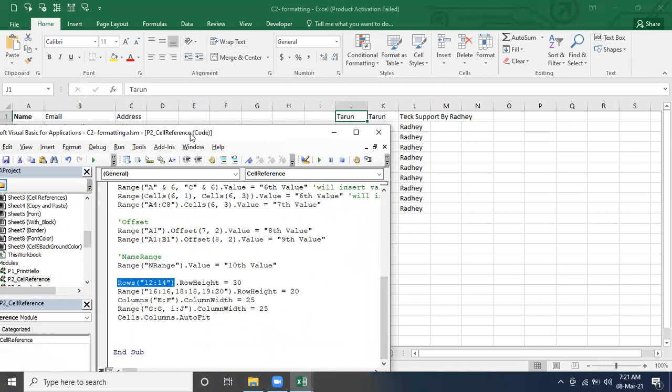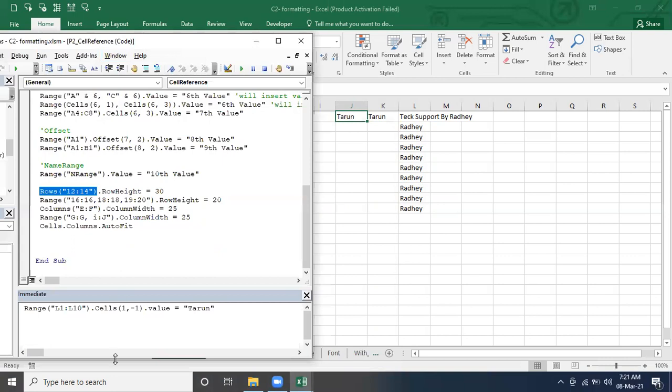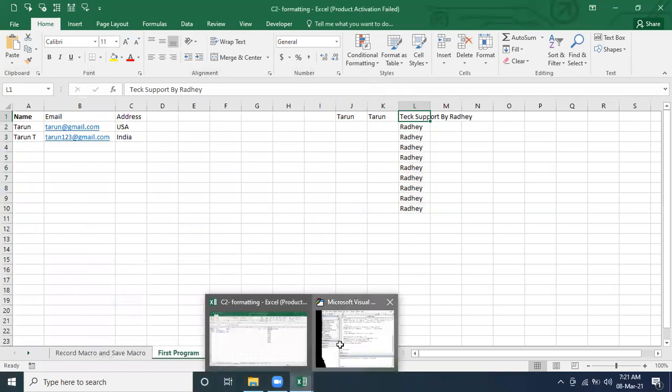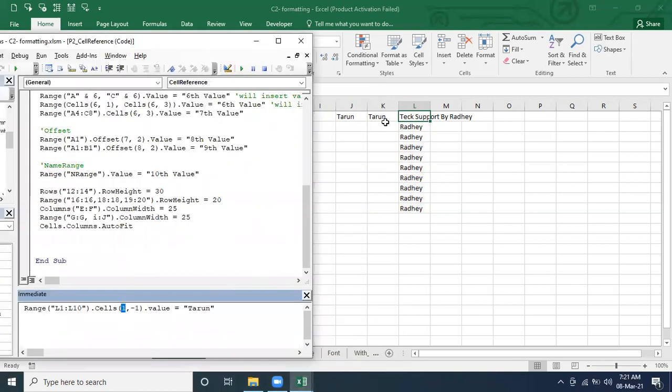Let me open it here. So 0, 1 into the same row. This is the one index. And if it's minus 1, we are talking about the column, so column we are making the change, not the row, correct? I was trying for the row only, minus 1 and then 1. So in the first column it will be that one itself, but with the minus row, the top row, it will be what? Minus 1. I was trying this one, but we make the changes here itself.